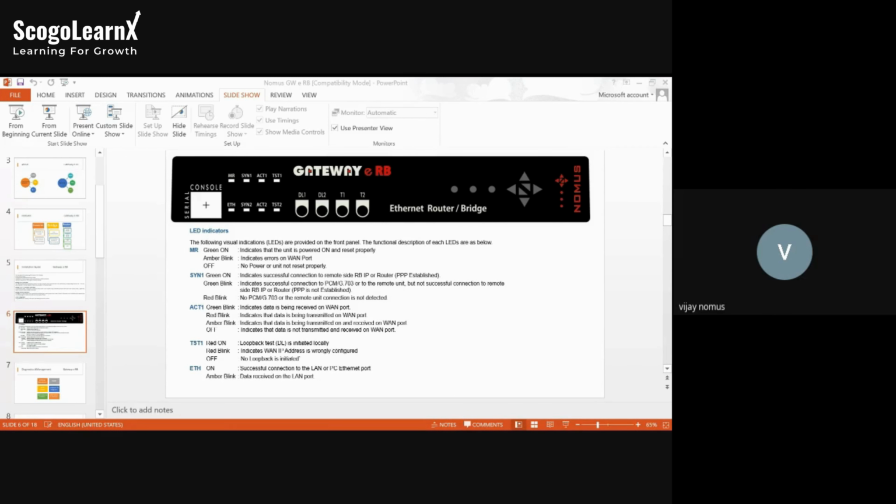And if the V35 interface is faulty, and one of the signals is not coming from the MLLN device, then the errors will increase. These 3 points we need to discuss with the BSNL team,